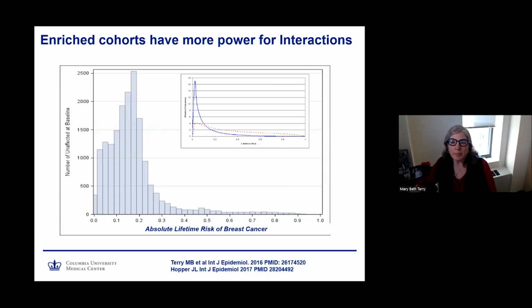Using more of a targeted sampling approach, I show the distribution of absolute lifetime risk in our family cohorts, estimated based on family cancer pedigrees and known genetic susceptibility genes. Here you can see that the distribution of absolute risk of breast cancer on the x-axis has a wide range compared to what you would see in an average risk cohort. In pink, you can see that a family-based cohort has sufficient power to estimate stratum-specific effects at the tail of the distribution, just like with genes, and therefore has greater power to detect gene-environment interactions.